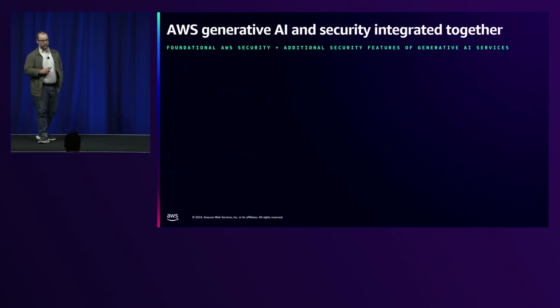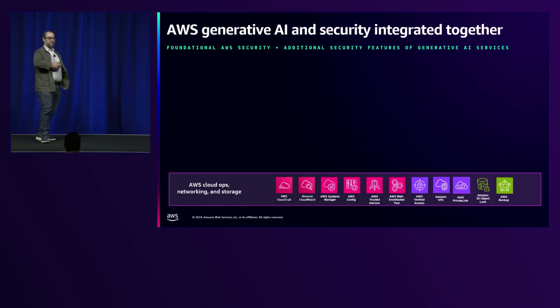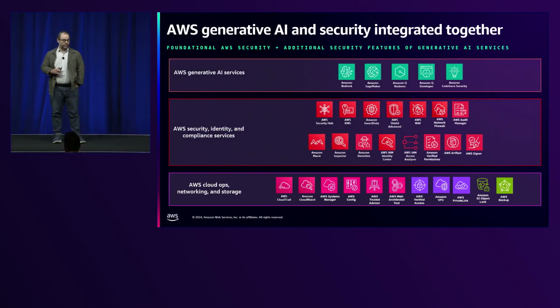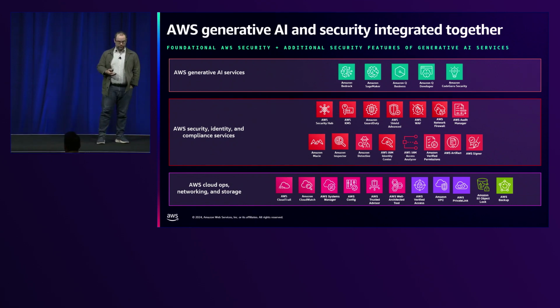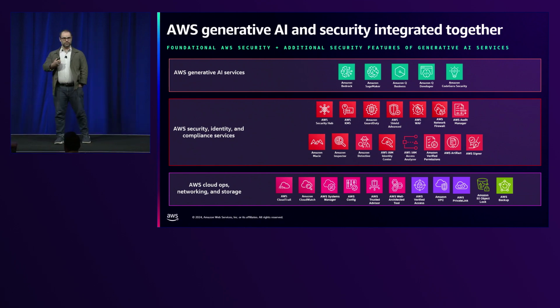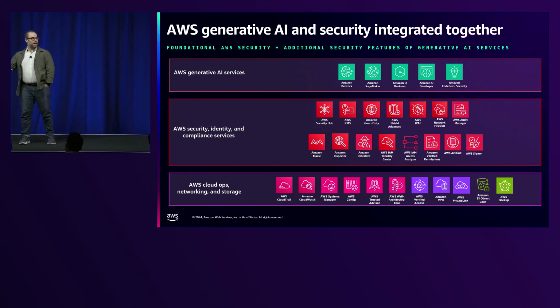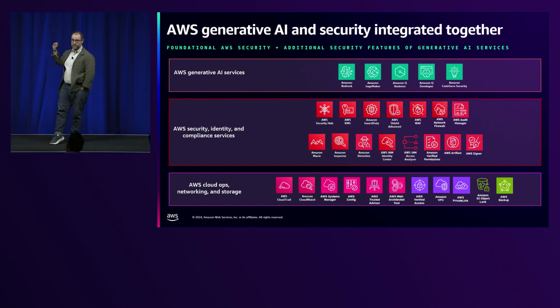And on that note, it's important for us to remember that AWS features and services don't begin with generative AI technologies. AWS offers a rich suite of security, identity, compliance services, foundational infrastructure, and operational observability and logging services, in addition to generative AI services. And no matter which level of the AI stack you're operating at, whether that's building your own generative AI applications on top of AWS infrastructure primitives, leveraging the power of Bedrock or SageMaker tooling, or even operating at the higher AWS generative AI application service level like Q Business,